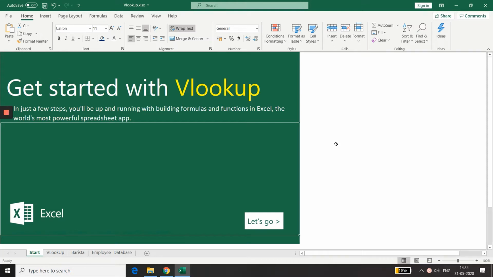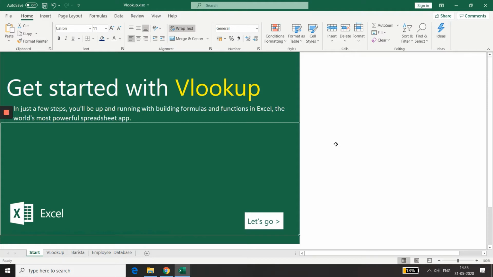Let's get started with VLOOKUP. Now in VLOOKUP, when you want to get data from any table in Excel, VLOOKUP is a great function available in Microsoft Excel. What it does exactly is retrieve data from a table, and it is a game changer function. So it is very important to know some rules before you start using VLOOKUP. Let's have a look at some rules, some logic behind this VLOOKUP function and get into a very practical example, a day-to-day life example.